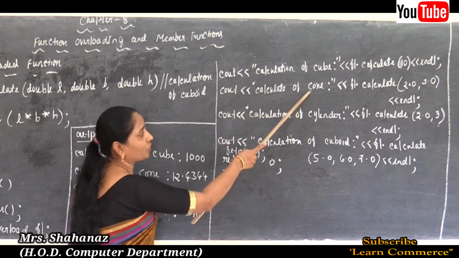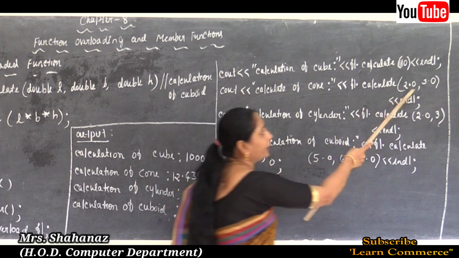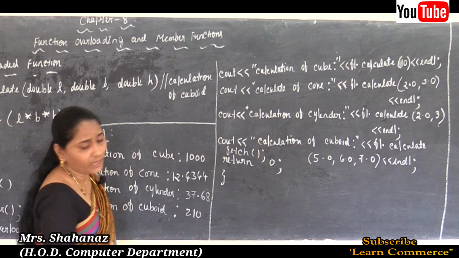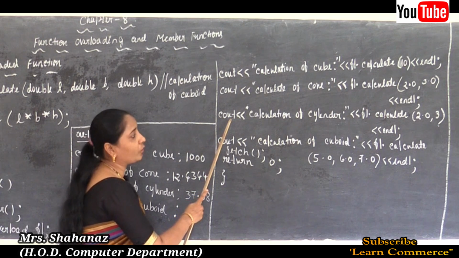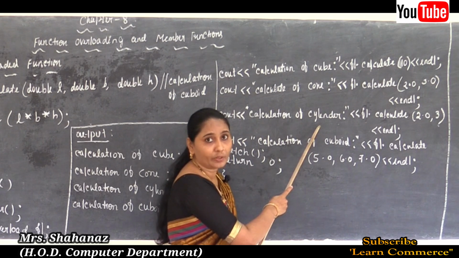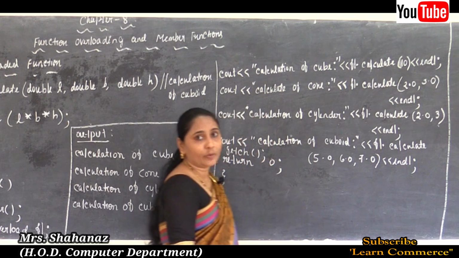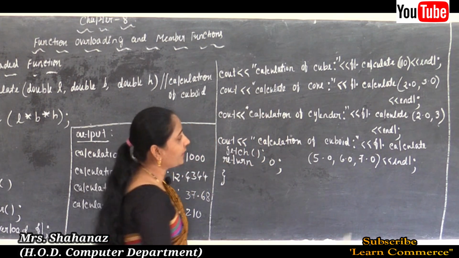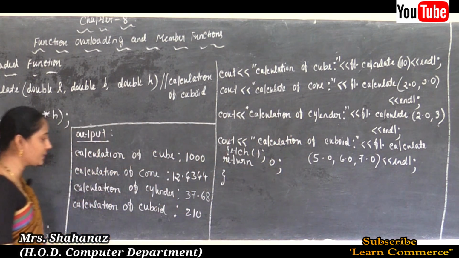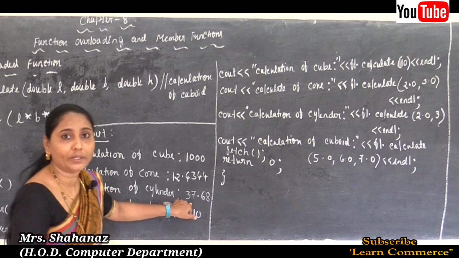So this is the calculation of the cone by using the object and also by using the function, with this value for our R and this value for our H. Next one is the calculation of the cylinder. Clear this point here? For the cylinder we know it is pi r square h. We already know the pi value is 3.14, and this value is applied to our R and this value to the H. Because of this the output will be the calculation of the cylinder, that is 37.68.